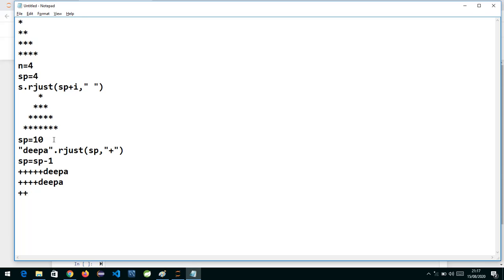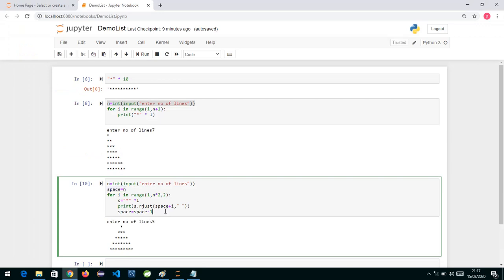See, this is the width we specify. From this width, if this string is occupying 5 characters, the rest of the characters it will pad with plus. So the same thing is happening over here: I have calculated what the total length is. This length is the space, whatever the number of rows is.